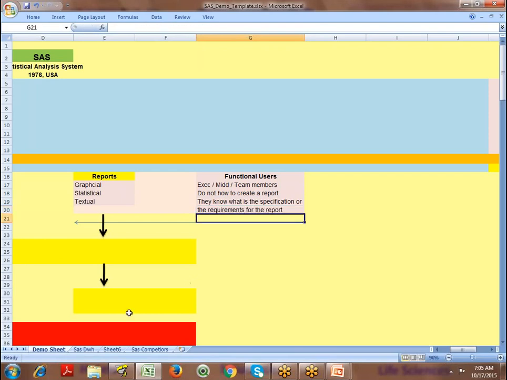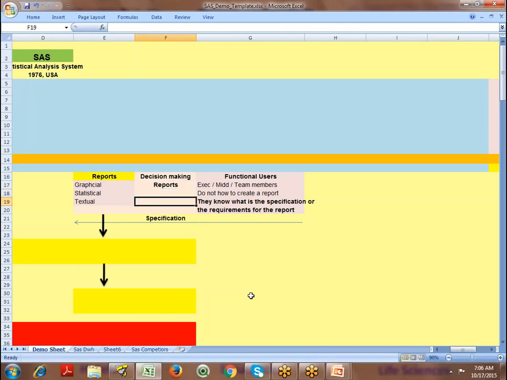So what they do is give the specification or requirement to the SaaS developer. The requirement is given to the SaaS programmer, who is going to generate decision making reports for the business users.